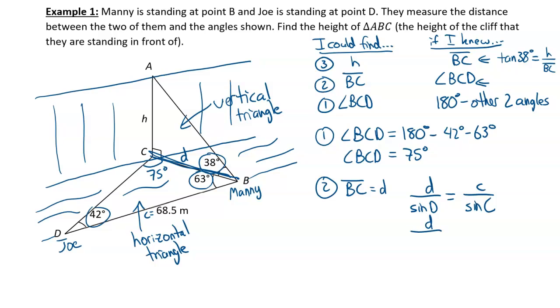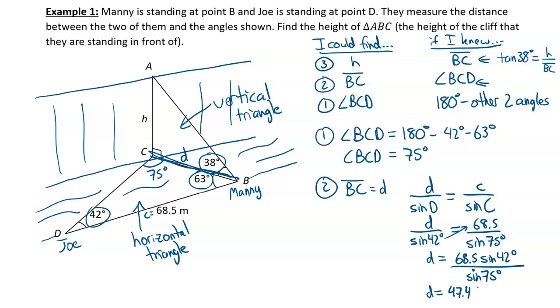D over sine of 42 degrees is equal to C, which is 68.5, over sine of 75 degrees. I cross multiply to get sine 42 up, so D is 68.5 times sine of 42. Make sure it's in degrees when you put it in your calculator. We divide that by sine of 75, and we find the length of D to be